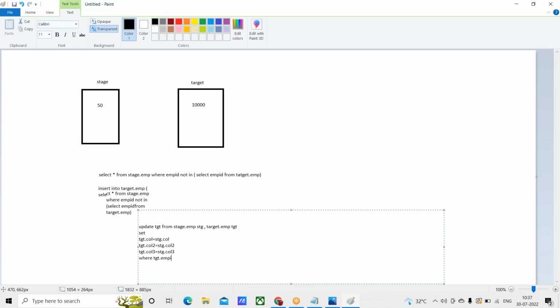For example, employee ID equals stz dot empid. Why did I mention this join column? This join column means matching records, the existing records. So you are basically updating the existing records only. New records you're already inserting. Existing records you want to update if there are any changes from the source. So this join condition will take care of updating all the matching records